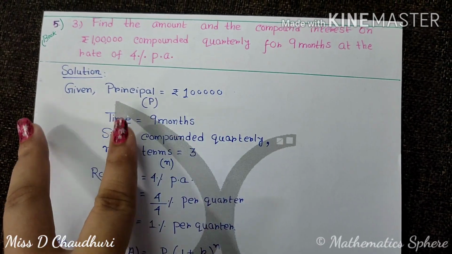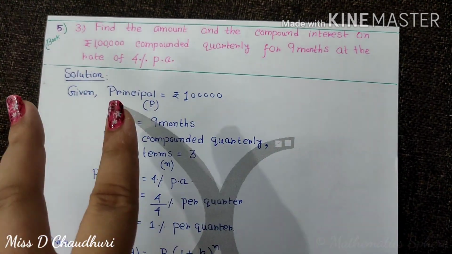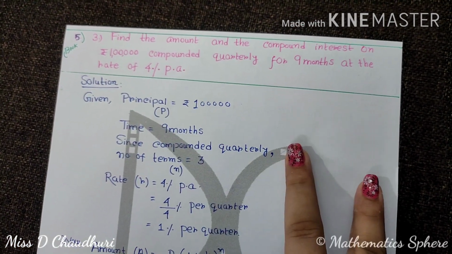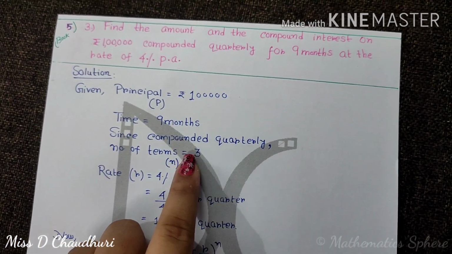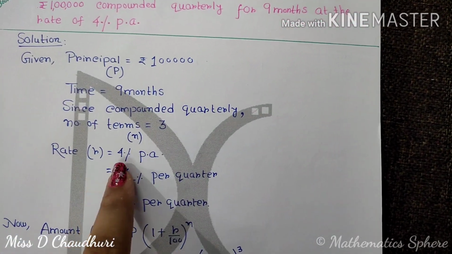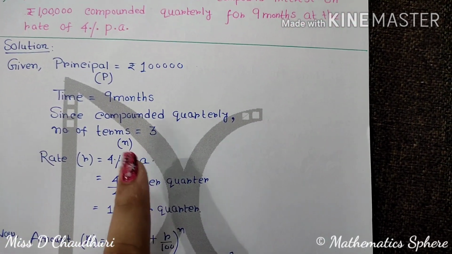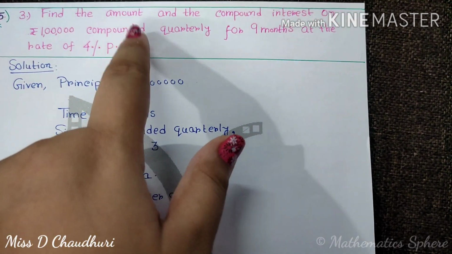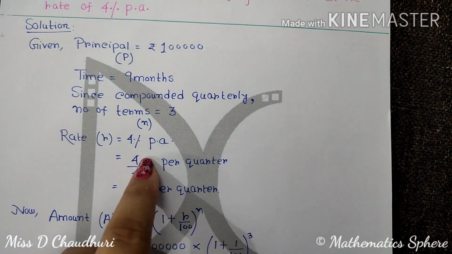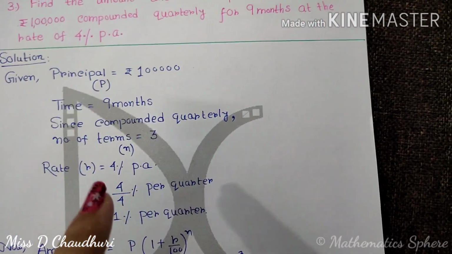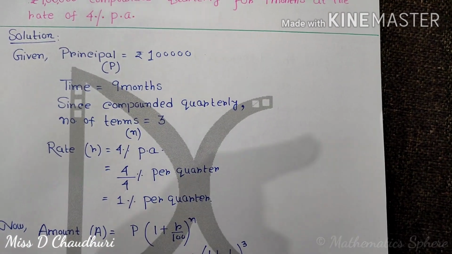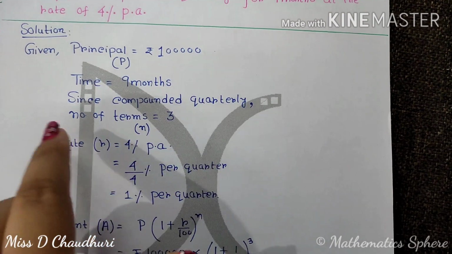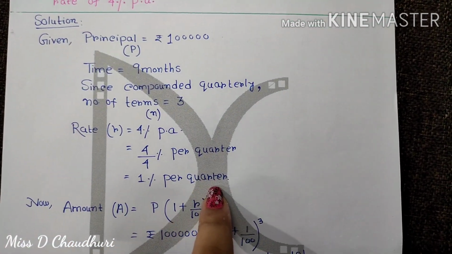So in 9 months, 3 months, 3 months, 3 months. So if we are getting 3 quarters, means after 3 months your interest will be added, again after 3 months, again after 3 months. So the number of terms is 3. The rate of interest is given to be 4% per annum, but here also be careful, we are not going to take annum because we are given that the interest is compounded quarterly. So we are going to divide this 4 by 4, because I have already mentioned that when it is given in annum, we will divide it by 4 because there are 4 quarters in 1 year to get the rate per quarter. So 1% per quarter.